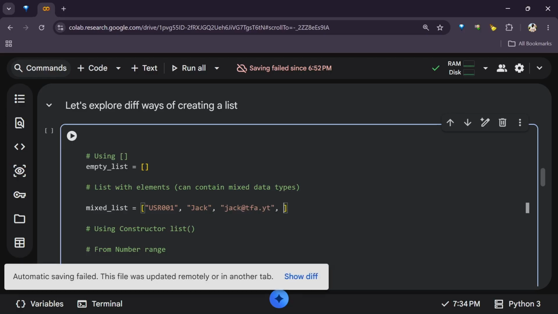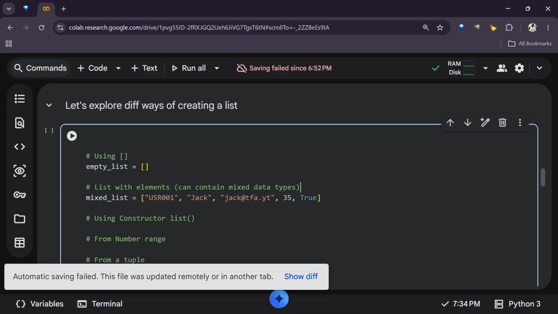We can say Jack is 35, and yes, is a graduate. True. So this is what we have for mixed list. Now, using the constructor, just like we did with sets, the constructor is just where we type in